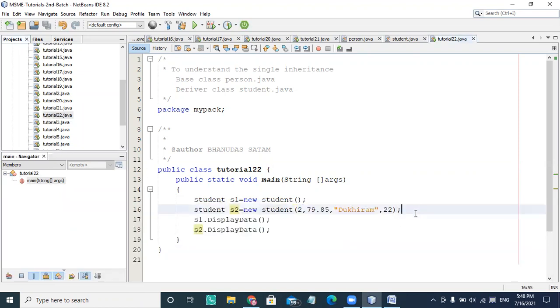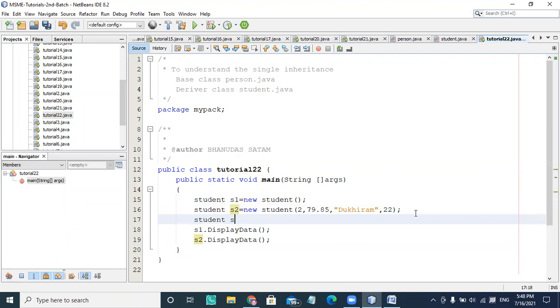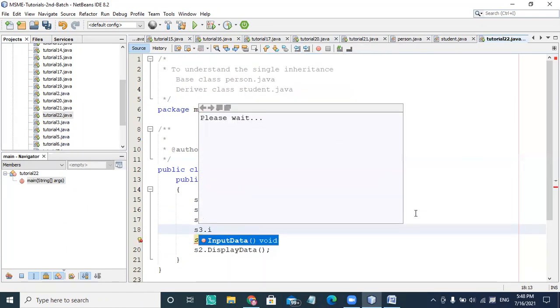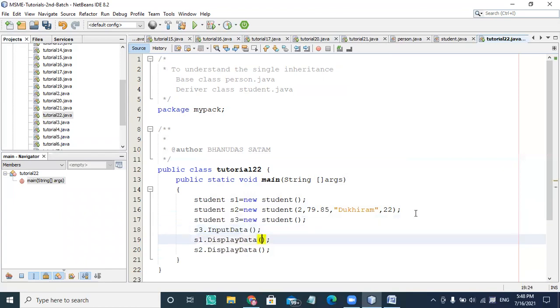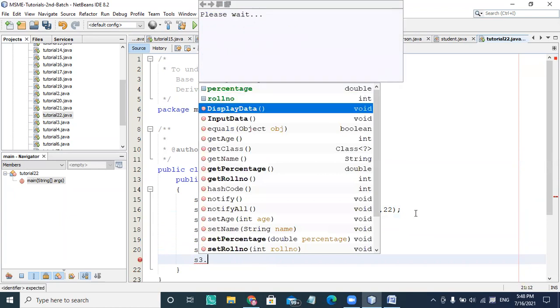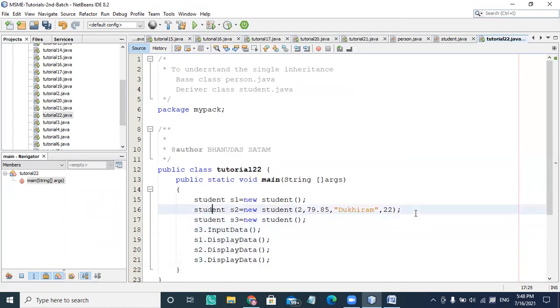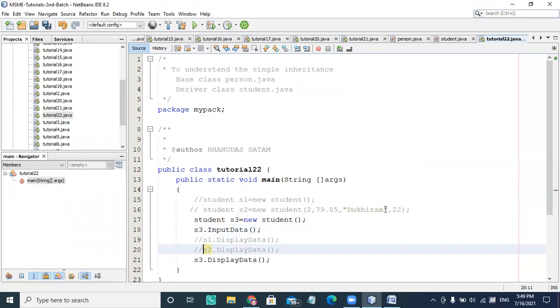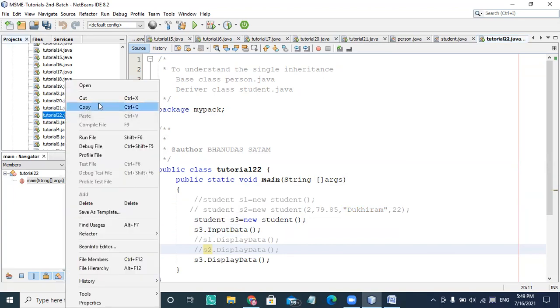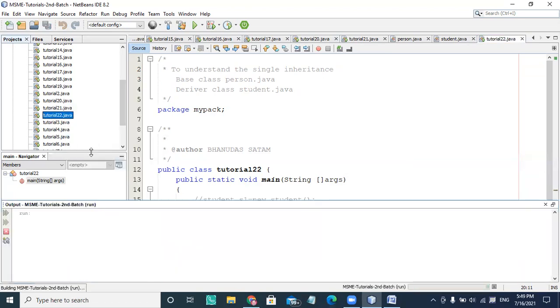Third part: if you are creating a Student s3 with new Student, and you decide to take values through inputData and then call displayData for the same thing. Instead of showing all that, I'm just commenting it and will check only the s3 part, for a faster comparison.